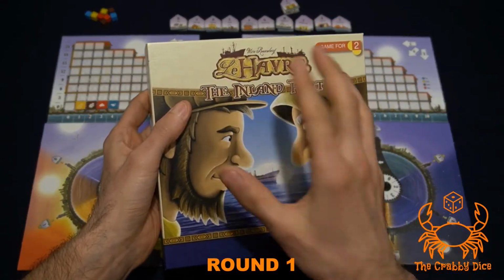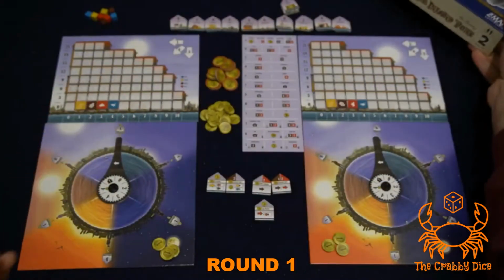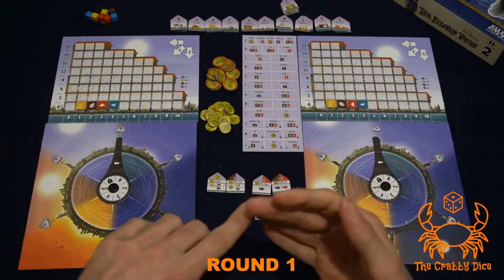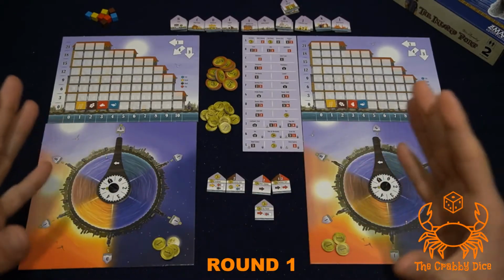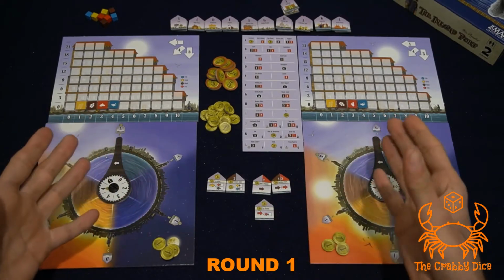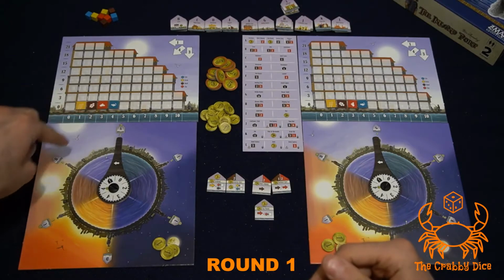Today we're going to be playing sort of a watered down two-player version of Le Havre called the Inland Port. Alright, so welcome to the Inland Port. For this one, I'm not even going to have a rules breakdown video, just because the game is really easy, and through my playthrough, after one round, you'll get the gist and all the rules of the game. The game's going to last 12 rounds, and we keep track by rotating these